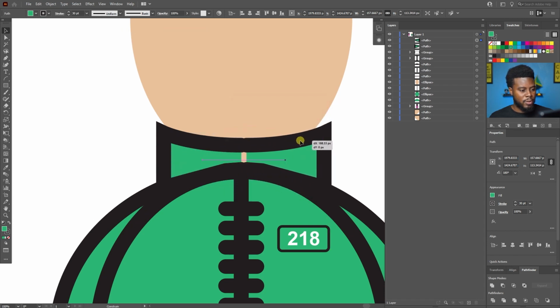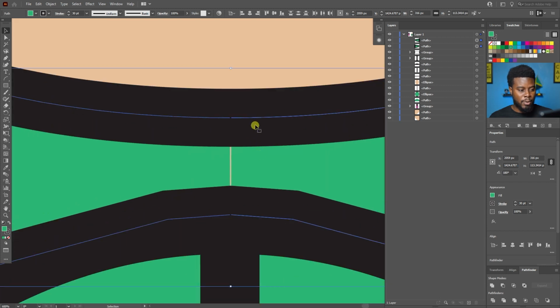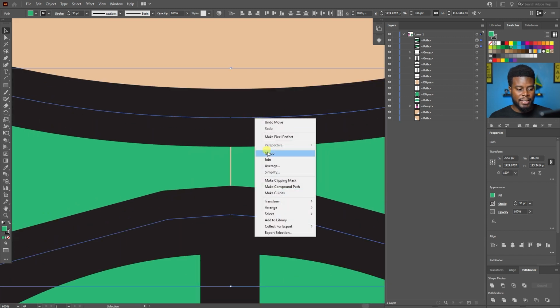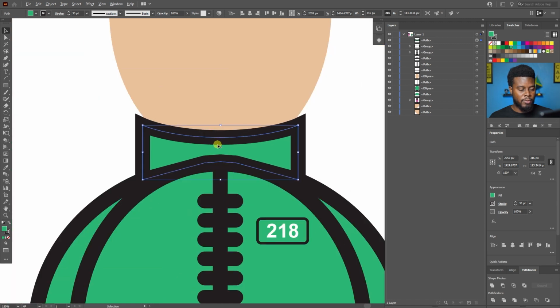And then I'm just gonna move it over till it intersects. See that pink line? It's saying intersect, meaning they're at the same position on either side. Then I'm just going to select both of them, then right click and click join, right? And I'm gonna do it one more time, join. Now it's a complete shape. How cool is that,